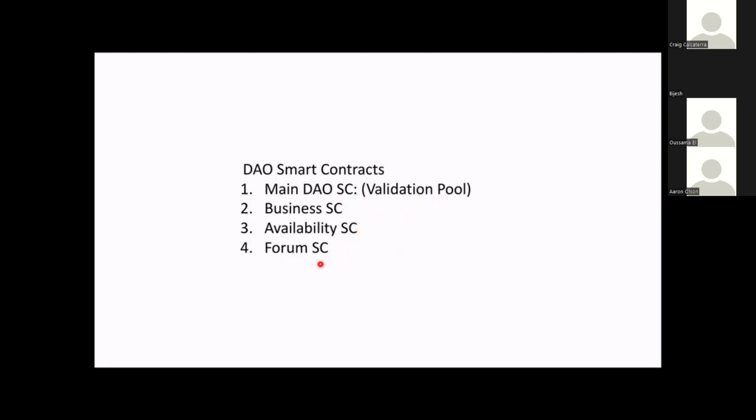The forum smart contract is a problem because you don't want to pay $5 every time you want to make a post on the forum or even comment on something, right? So whether the forum smart contract is a smart contract or if it's mostly off-chain, maybe on IPFS, that's an issue. And today, the forum smart contract should be off-chain. Maybe in the future, when we make things more efficient, then you'd put the forum history on chain.